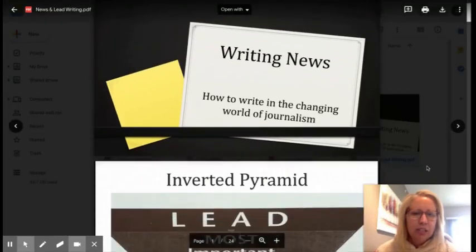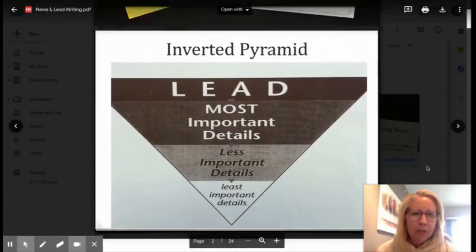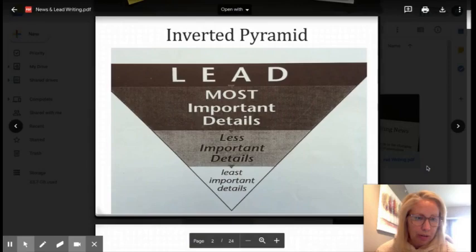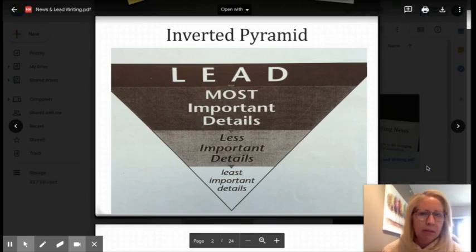So when you write a news story, it's different from writing a feature story, an opinion story, a blog. So in journalism, there are different types of stories, and basically they follow different types of formulas. So the formula for a news story is exactly what you see right here, and that's called the inverted pyramid